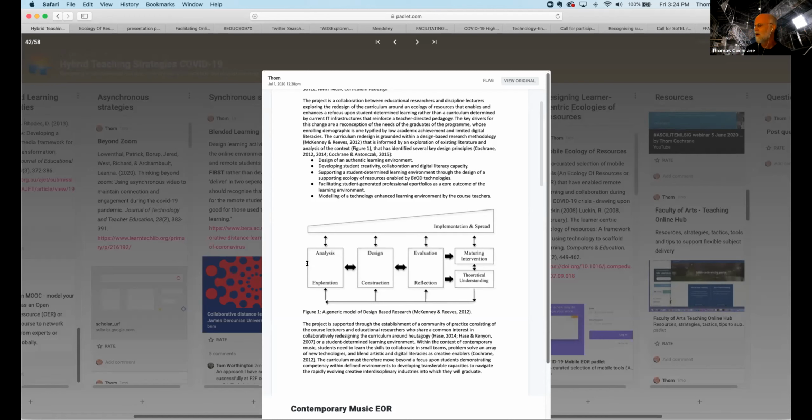So looking at what are some design principles around that particular issue that you're trying to solve in pedagogy and learning, and then going from there into rapid prototyping, perhaps creating an idea, an outline of a particular learning activity or a module or a course, depending on how granular you want to go. And then of course trying that out with your students and getting student evaluation and feedback,